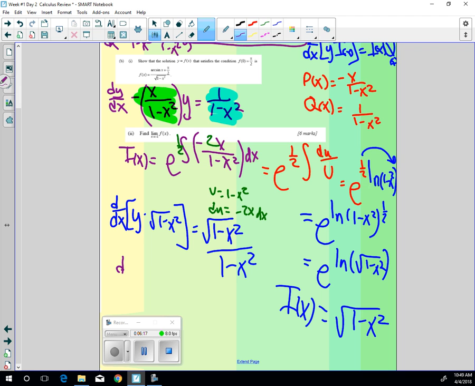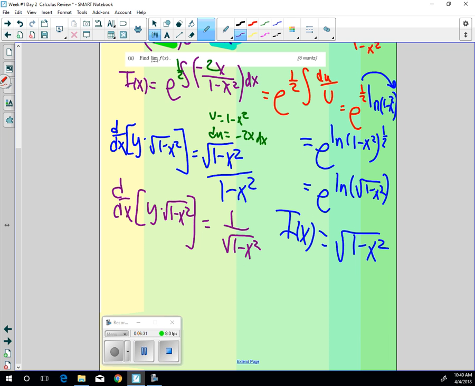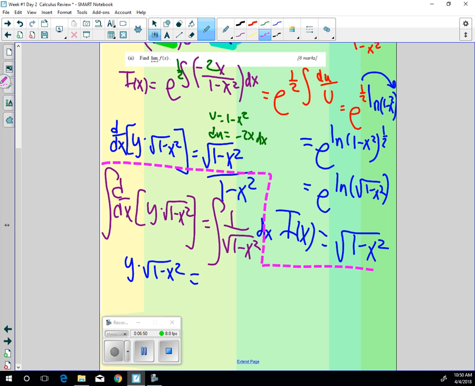Sure. So this is just going to be d/dx of y times the square root of 1 minus x squared, times 1 over the square root of 1 minus x squared. That's the algebra simplification of that. And when I integrate both sides, you're going to go, you know what? This side, easy. This side, I remember it. 1 over the square root of 1 minus x squared. There you go, arc sine